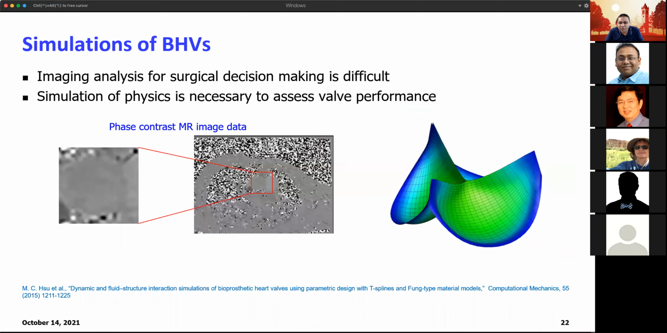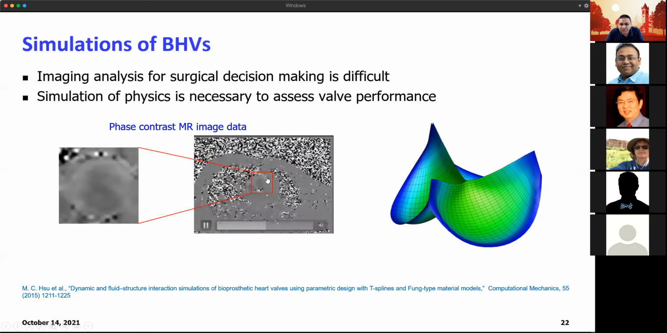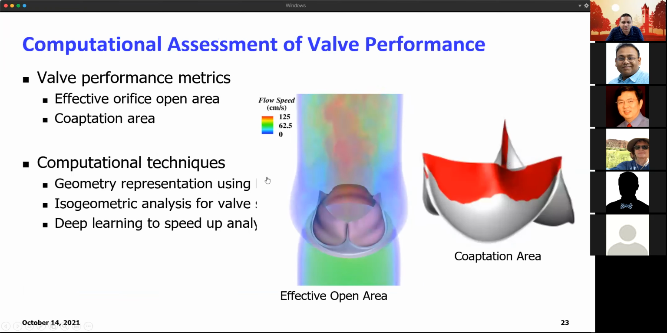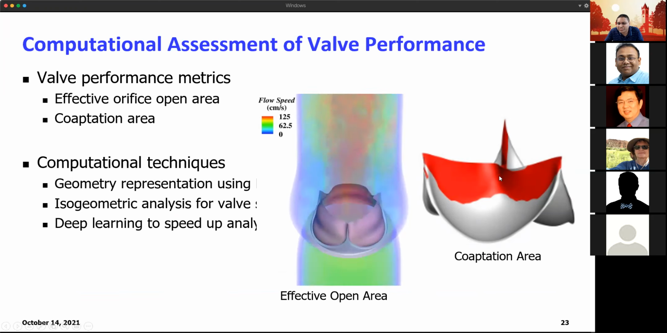So one of the things that you want to do when you're creating these bioprosthetic valves is, like I said, you can design the valves. So what you can do is you can figure out how well the valves work. You can look at the effective open area, which is the amount of area the valves open when there is blood flow. Or you can look at what is called the coaptation area, which is basically the amount of overlap area in the valve leaflets as it's